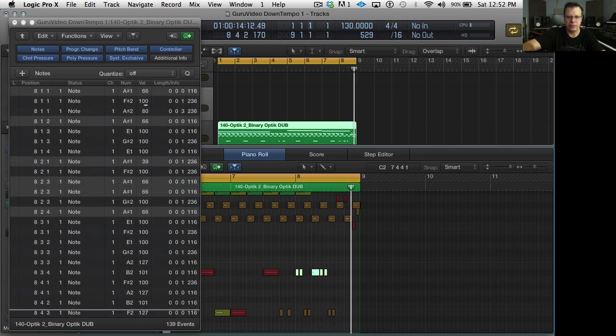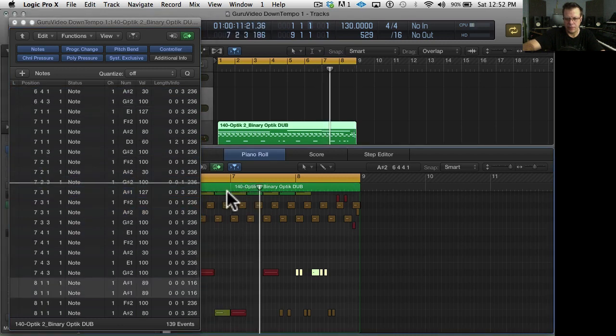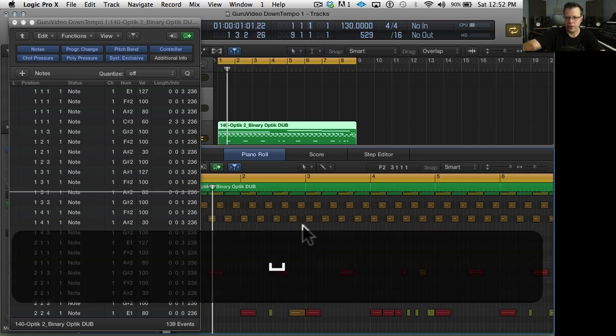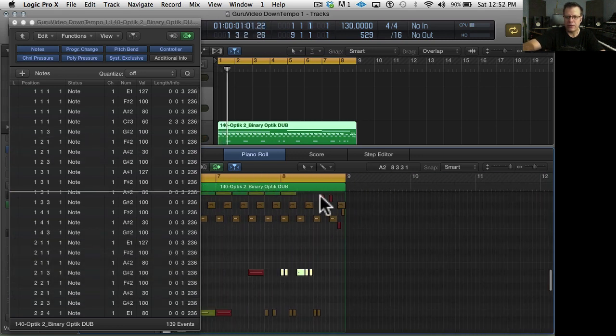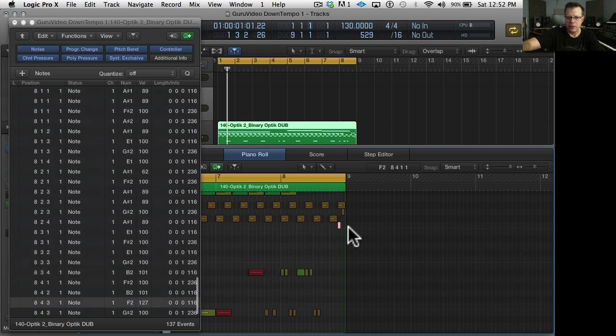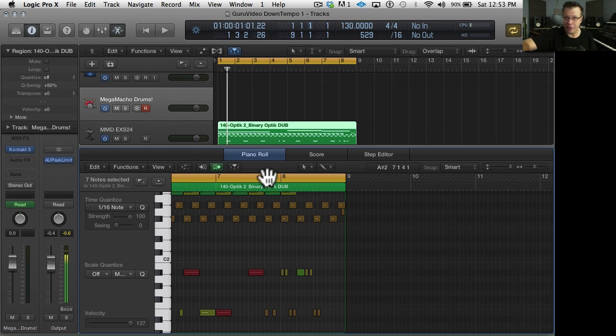Too soft. And maybe no toms. Now, basically, this is the groove that's going to be in the song, but it doesn't necessarily mean that's what's going to start the song.